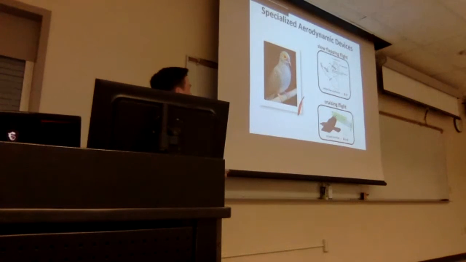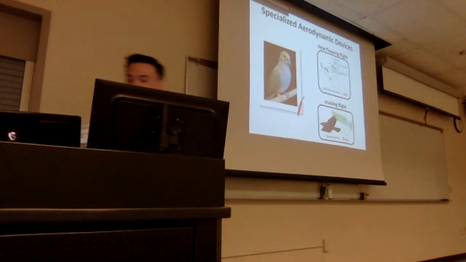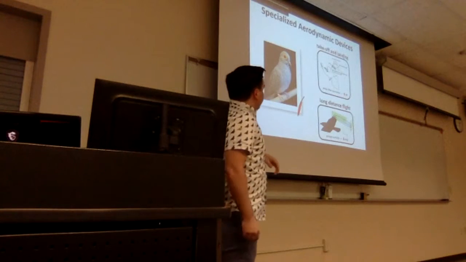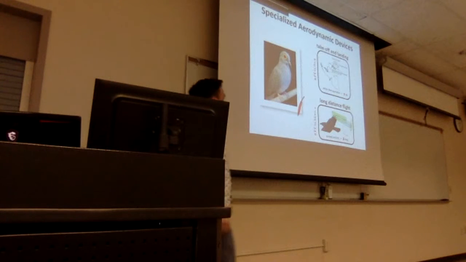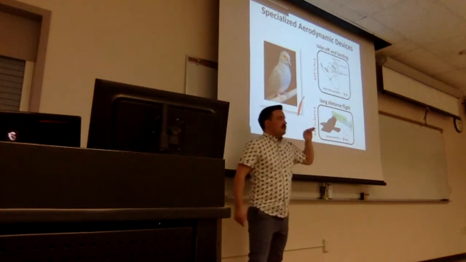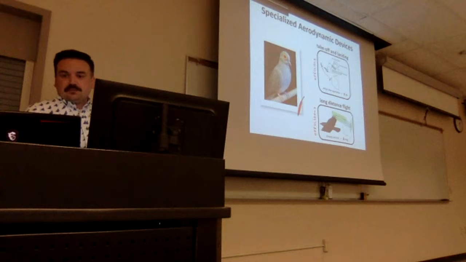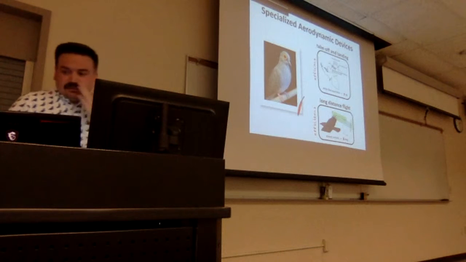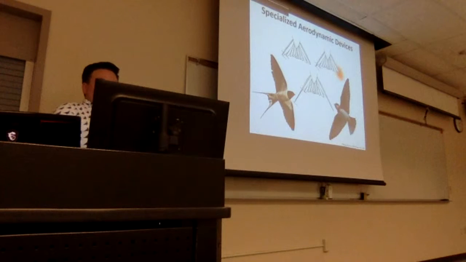Making these specialized aerodynamic devices, they have a specialized function for certain types of flight. And specifically, we might think of this as influencing takeoff and landing by increasing lift, increasing perhaps the efficacy of takeoff and landing, or increasing the efficiency of long-distance flight. So depending on how this feather is used, it can have multiple results here. These feathers then are specialized aerodynamic devices, much like those in the tails of swallows.